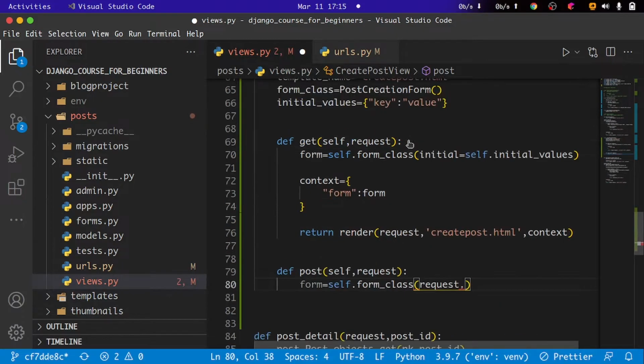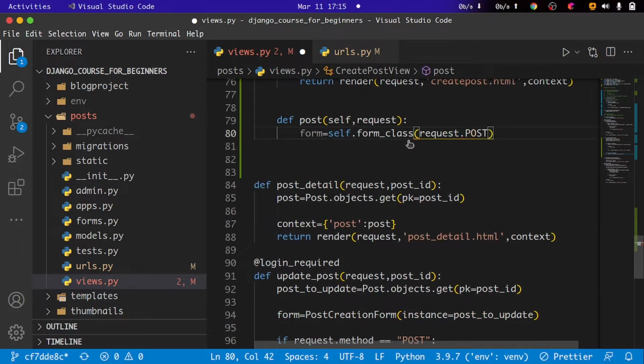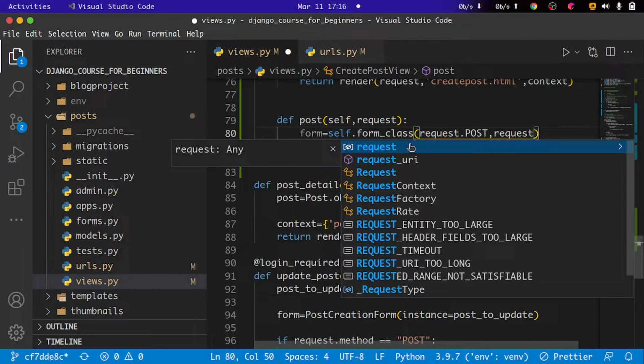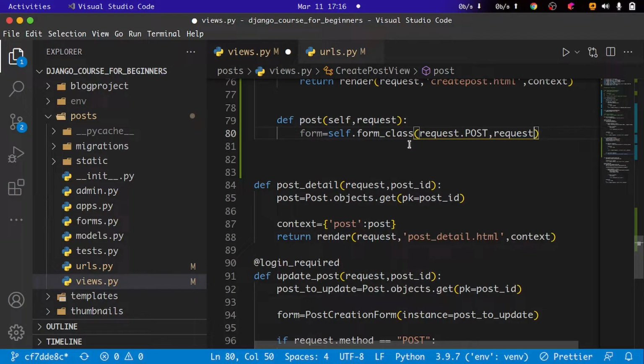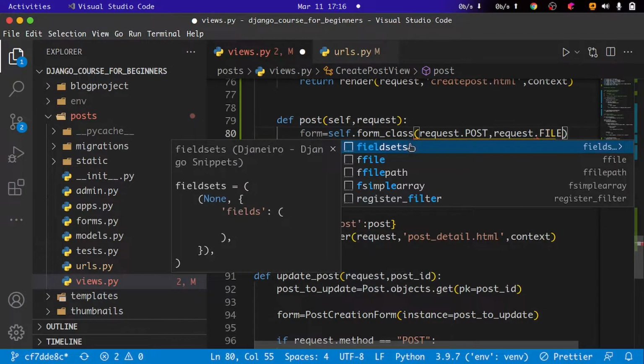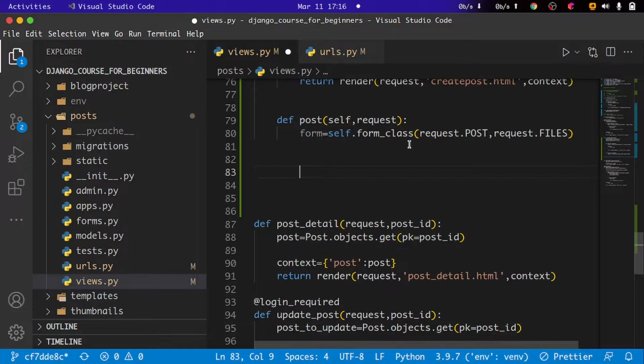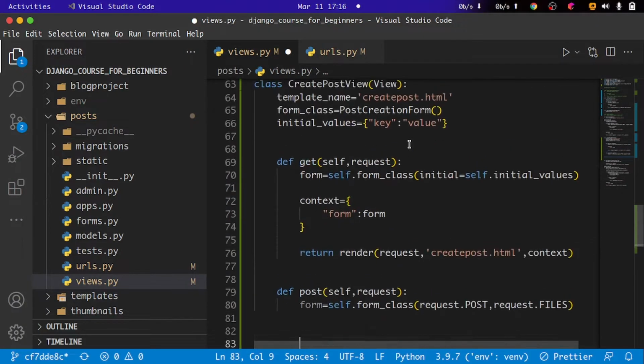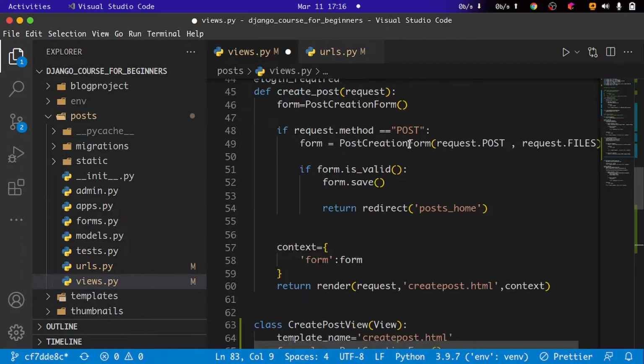In this case, we need to call our post, since we need the data that comes as a result of our post request. And then we're also going to call our files, so we need to access the files that come with the request. So I'll just simply come right in here, and all I have to do is to say request.files. After doing this, then we're simply going to write the logic that's going to be in our post